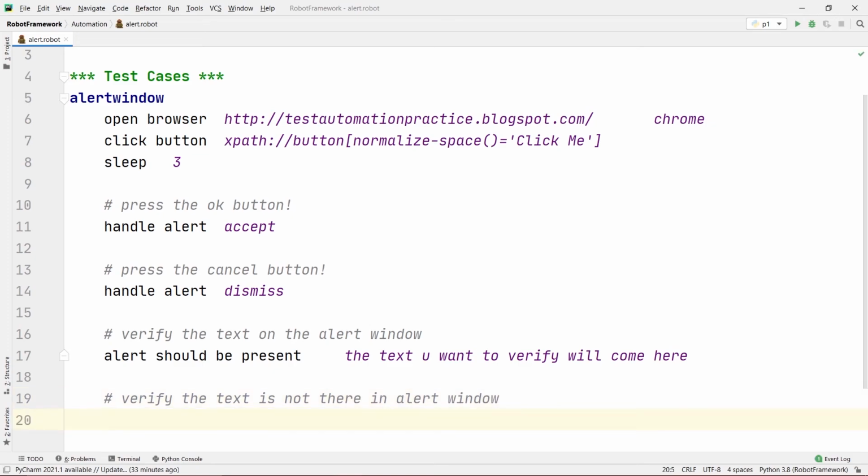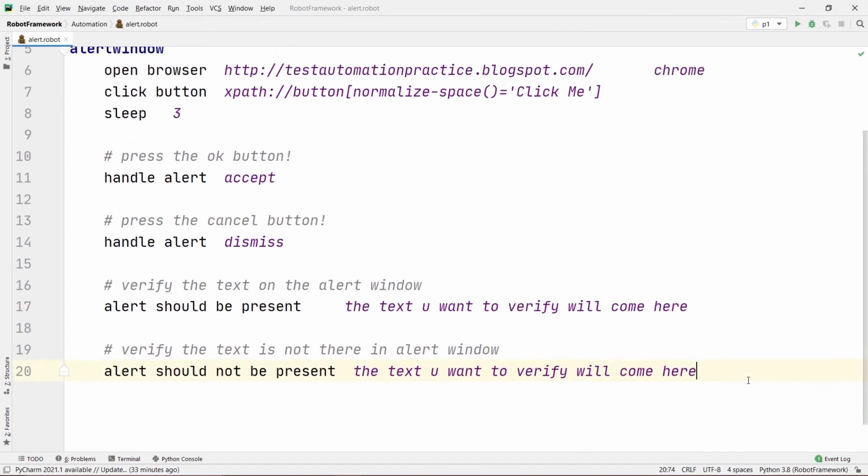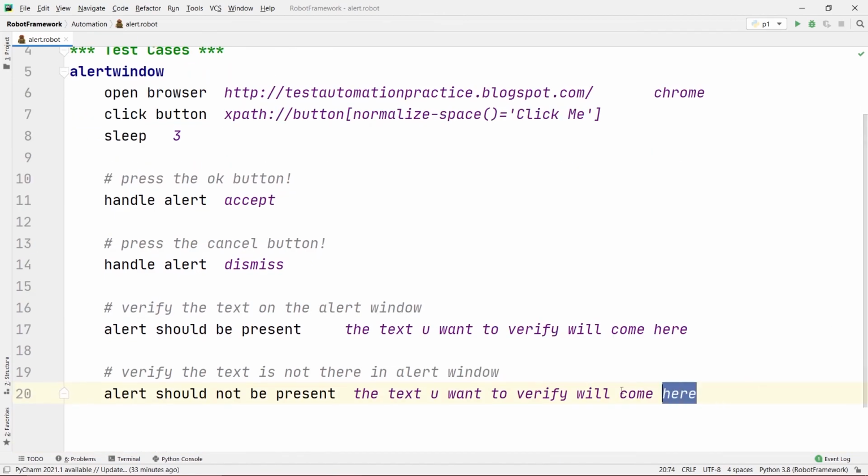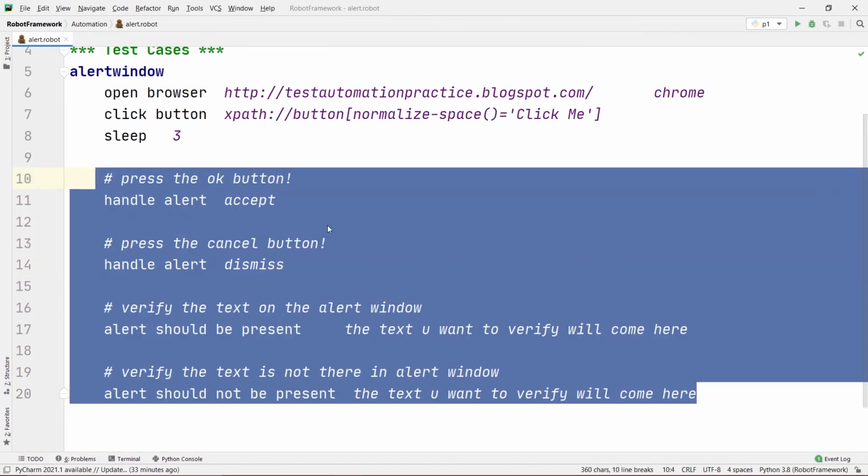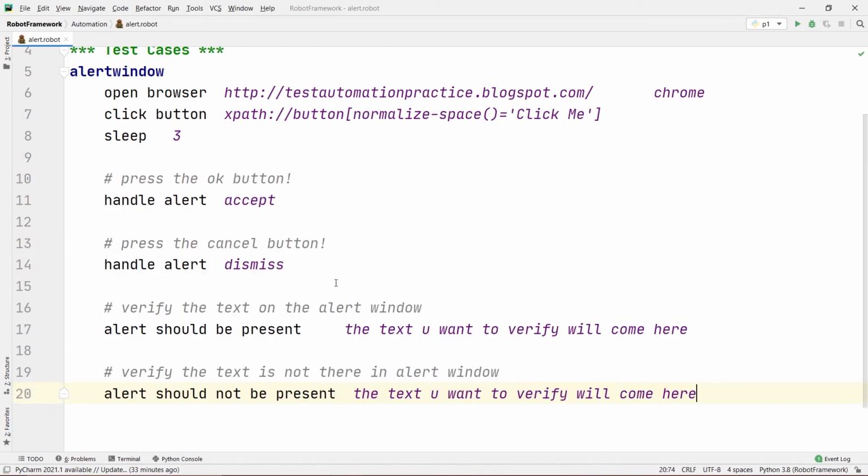So the command for that was alert should not be present, and again the text you want to verify will come here. So these are all the commands that we used in today's video, and this is how you can click onto the alert windows that you come across on different websites. And this is our code here.